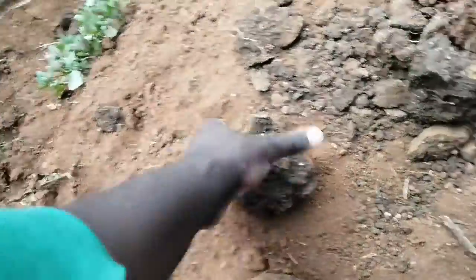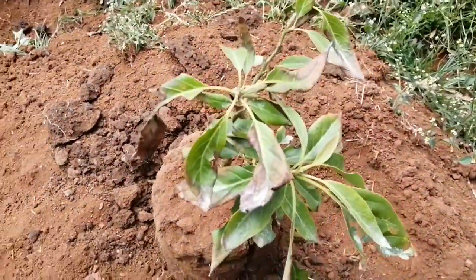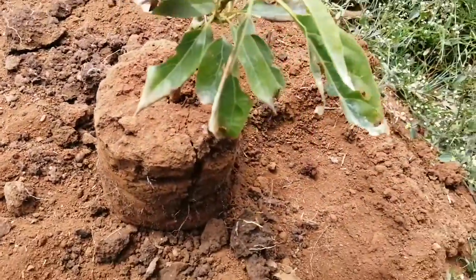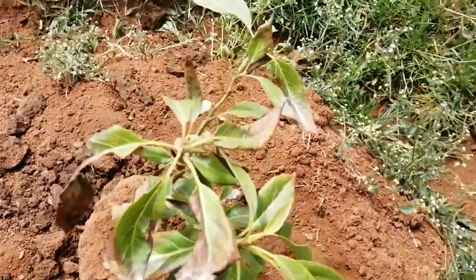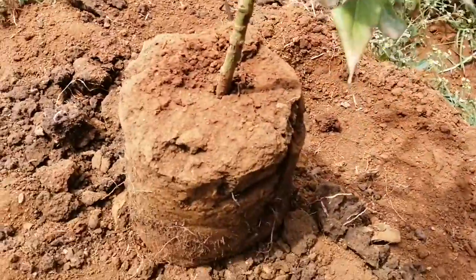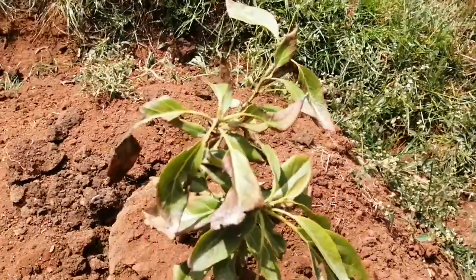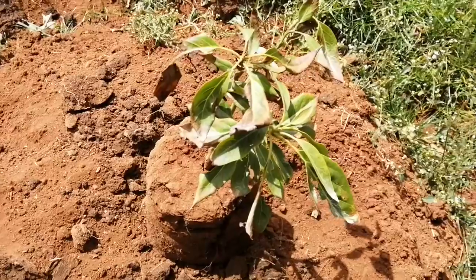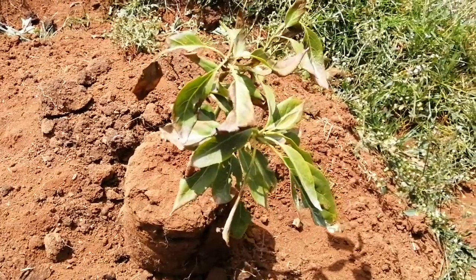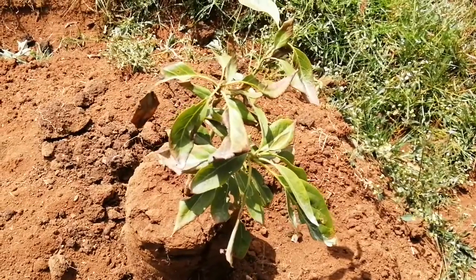We have learned our lesson, and I hope you equally have. For this particular one, because it still has some life, we're going to dip it in a bucket of water and see if it will be able to come out nicely without disturbing the roots, and then we can try and replant it. So thank you so much. I'll be posting a video of our seedlings that we planted from Kakuzi,